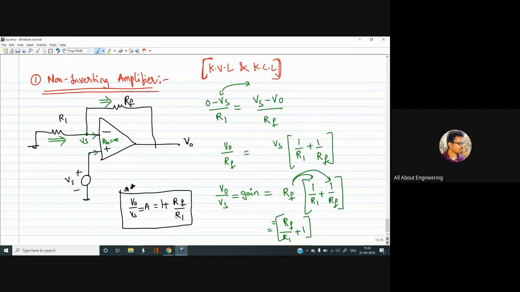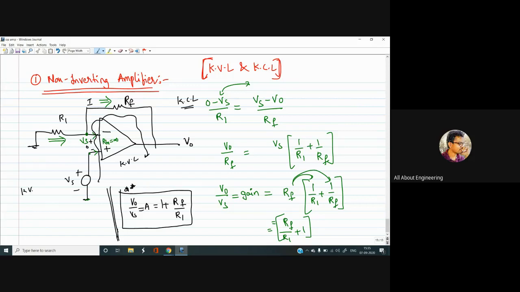Now the same thing you can carry out using KVL also. It's up to you. If you want, you can solve the same thing using KVL. The KVL is also very simple because the differential voltage would be 0 here. Then you can apply the KVL like this for this path. If you want, I can do that for you. So let me assume the current as I, just for your intuition, but for the remaining circuits, I won't use KVL. I usually prefer KCL, which is very easy and convenient for me.